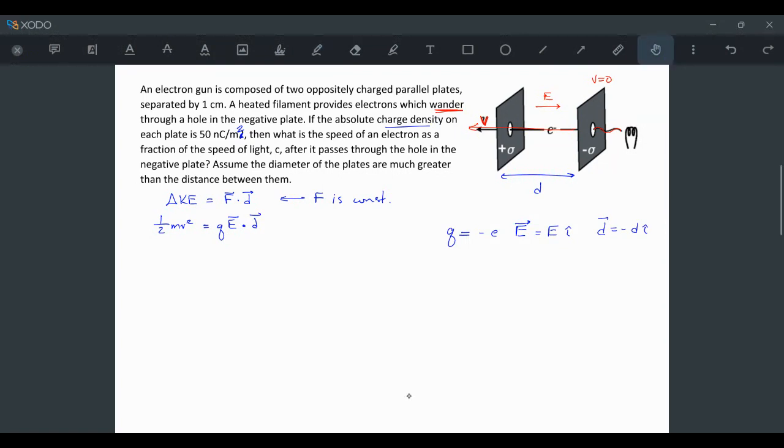And you can keep track of these signs the whole way through. And what you will find, computing the dot product with the vectors like I've done here, is that you have 1/2 mv squared equal to the electron charge times the magnitude of the electric field times the distance traveled. So these two negatives end up canceling out. If you want to be really careful and you want a foolproof method, you can stick with vectors, and I'd recommend that. But it can be a lot faster, and if you have a good grasp of the situation, you can dispose of these, and you know that this is going to be